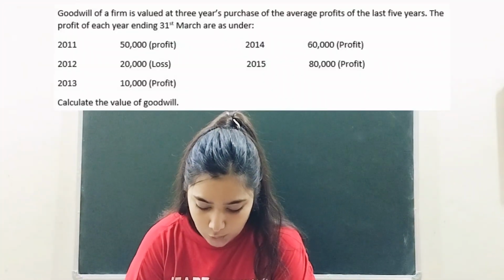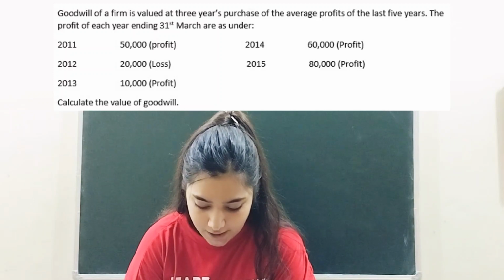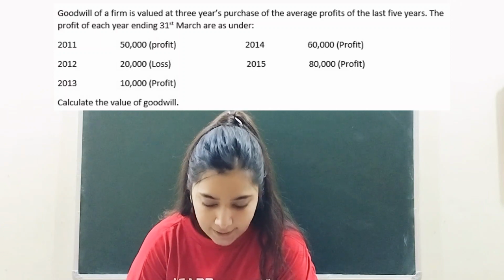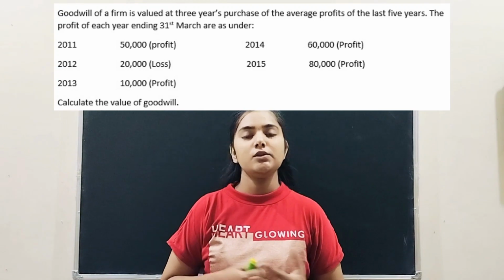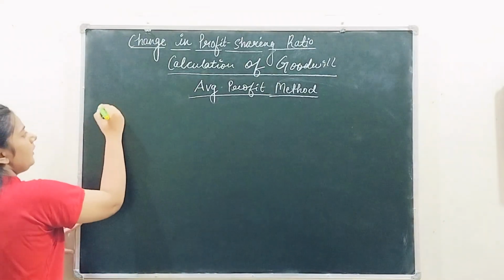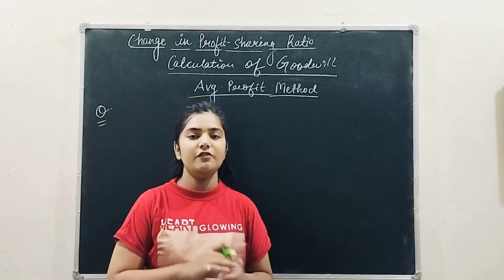रीड विद मी. Goodwill of a firm is valued at 3 years purchase of average profit of the last 5 years. The profit of each year ending are given as follows. Calculate the value of goodwill. I would advise you to take the screenshot of the question so that it will be more helpful to you, right? So in the question आपको उन्होंने बोला है कि काफी सारे years का